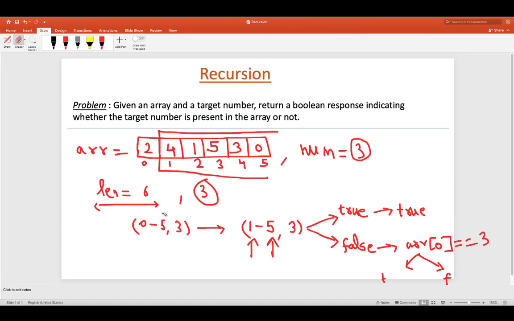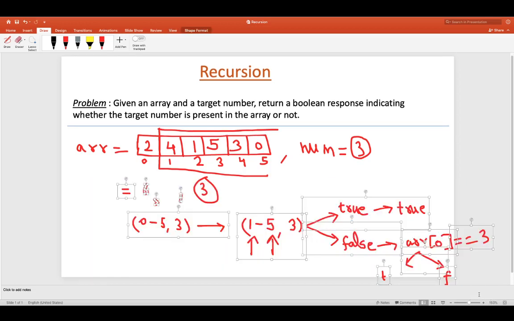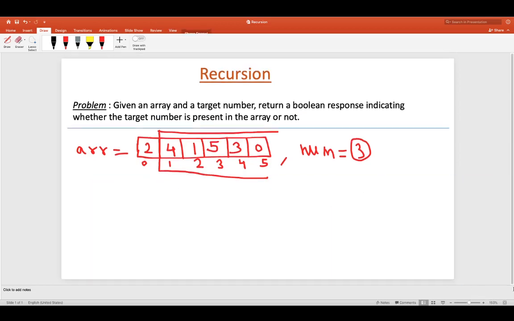What I had said was that you had to search in 0 comma 5 the value 3. Then I will make a recursive call for 1 comma 5 and 3. Then this will make a call for 2 comma 5 and 3.